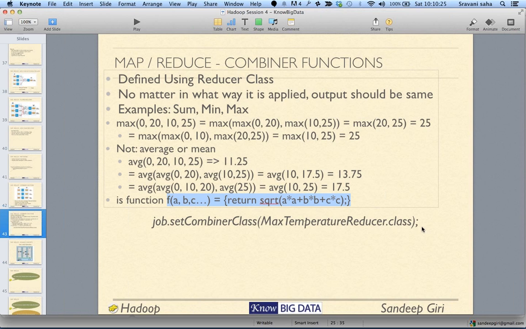Who else thinks that it's a valid combiner function? Rajnikant thinks so, okay. Prashant, good. Sai, what do you say? Vanaja,